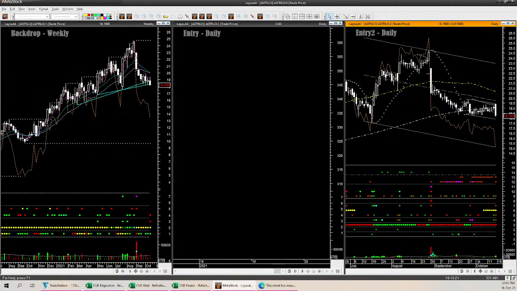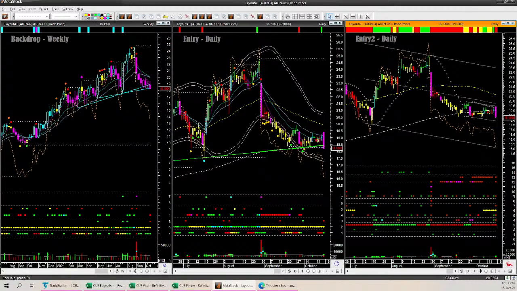Look at it using the 3 chart template. This is looking weaker. Yes, it is also near, not at, but near low jump. However, the weekly is looking quite bearish. The other stock had weekly backdrop yellow, but this weekly backdrop is magenta, bearish, breaking down with bearish shape below weekly support, daily support broken with a very bearish shape candle with a reversal candle once again. And we already know it had Mobo breakout, in this case breakdown from a squeeze with a kahuna plus a bearish pocket pivot,